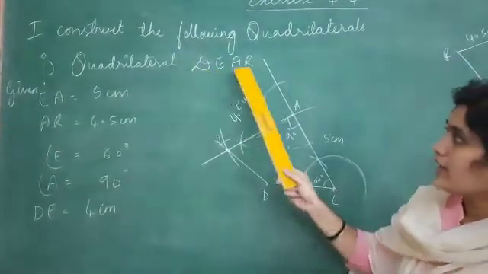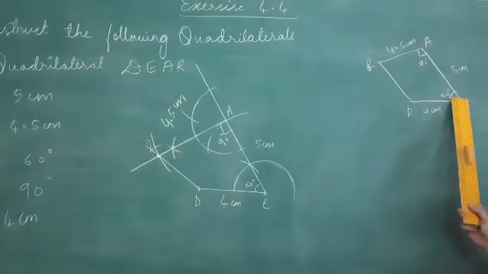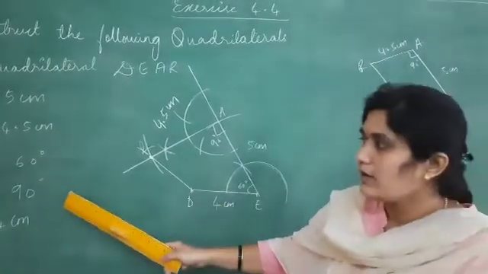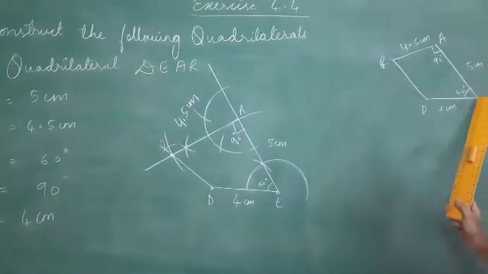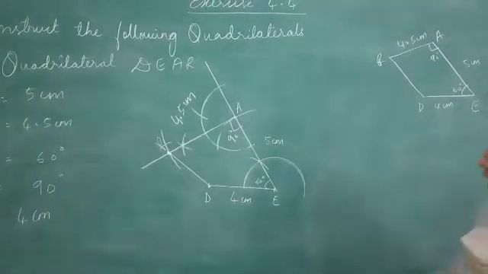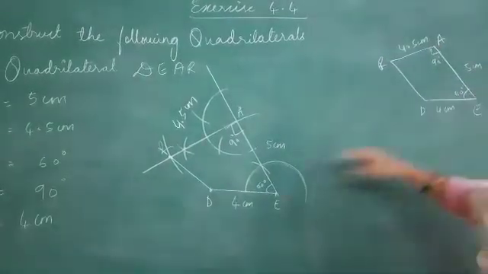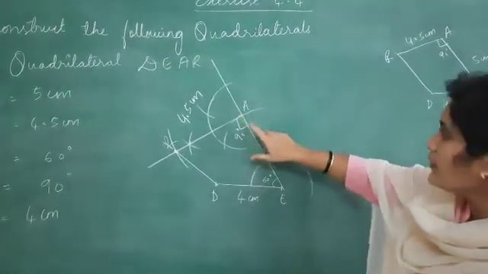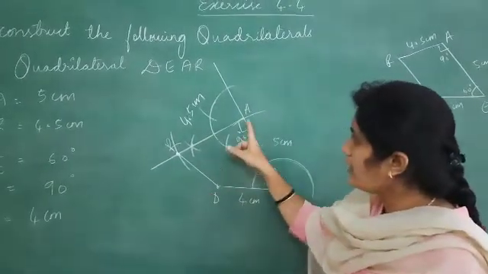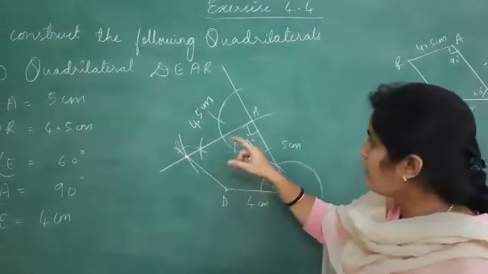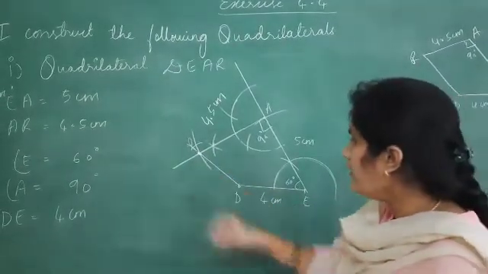So, quadrilateral DEAR is given. To draw the rough figure, we are taking DE as base 4 cm and E is 60 degree. You can take either of the angles to the base. So I am taking 60 degree here. Now draw a 60 degree angle first by drawing an arc, and this point of intersection will be at 60 degree. Now extend the line to A, draw a 5 centimeter length using compass and then mark A. From A draw 90 degree towards R. After construction of 90 degree, take 4.5 centimeter using ruler and compass. Then draw an arc of 4.5 centimeter. So R is also constructed. Now join D and R.